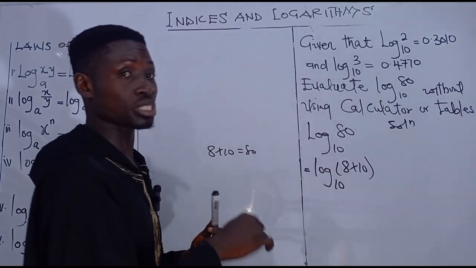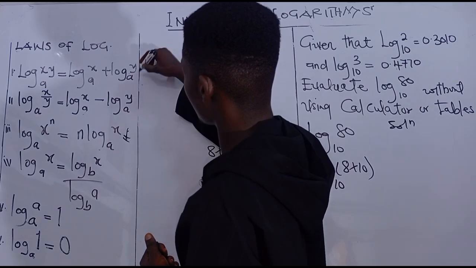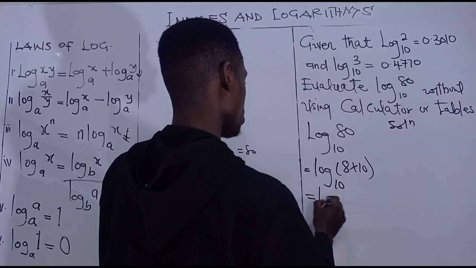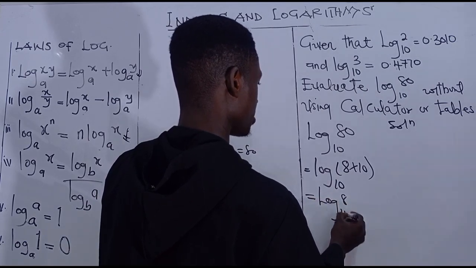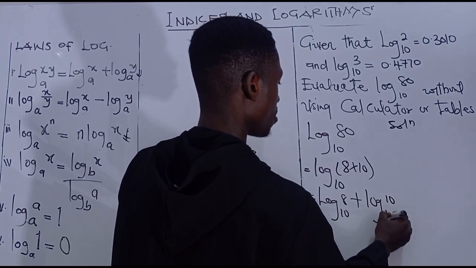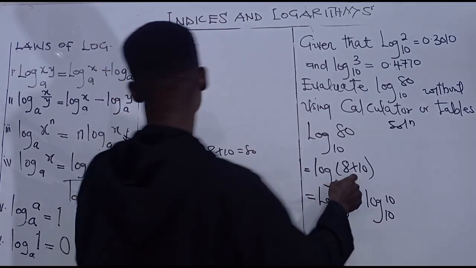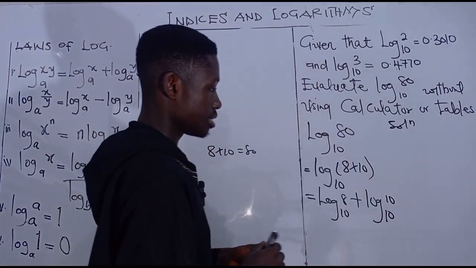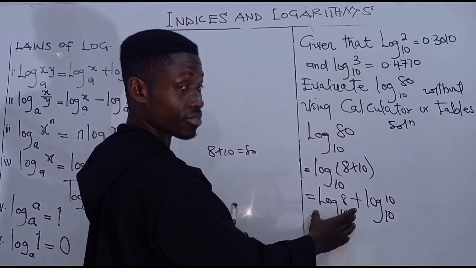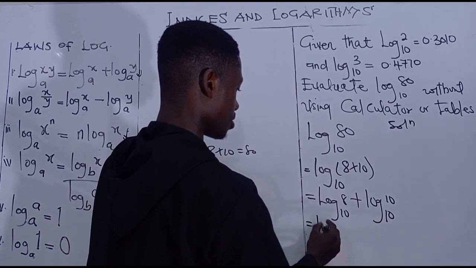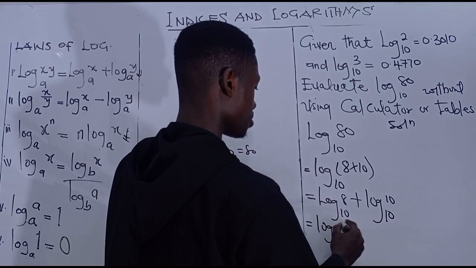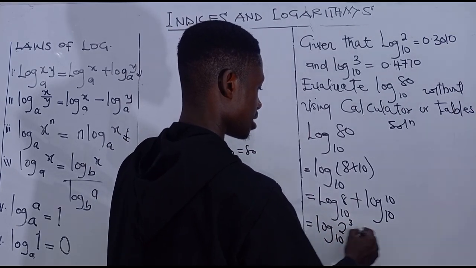Now from here, applying the multiplication law for logarithm, which is this one, we are going to split this and then write this as log of 8 to the base of 10 plus log of 10 to the base of 10. Now you realize that we are still not having either this or that. So let's simplify further. You know that 8 can be written as 2 raised to the power 3. So we have log of 2 raised to the power 3 to the base of 10 plus